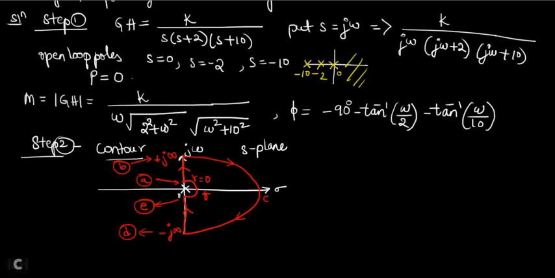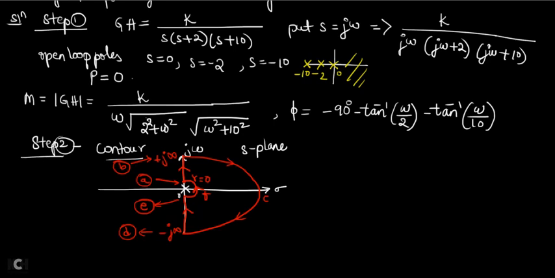You should take it as tending to 0. What is the direction? See, you started from A to B, B to C, C to D clockwise, D to E, and E to F, correct? So E to F and F to A back. Wherever you started, your contour should end there only. So I should take the direction in clockwise. See, A to B, B to C, C to D, D to E, and E to A back.